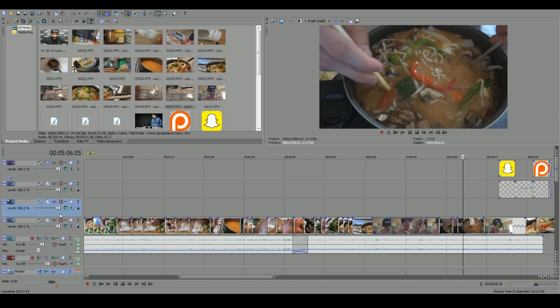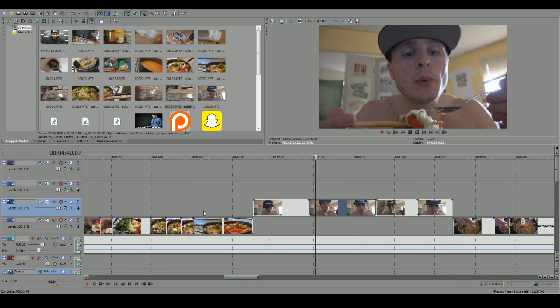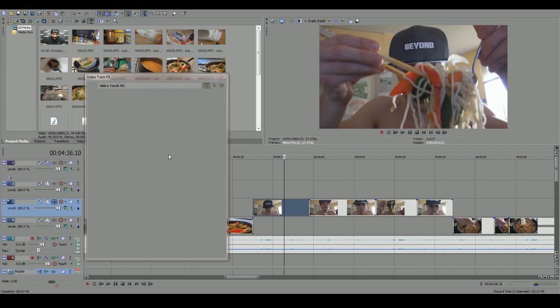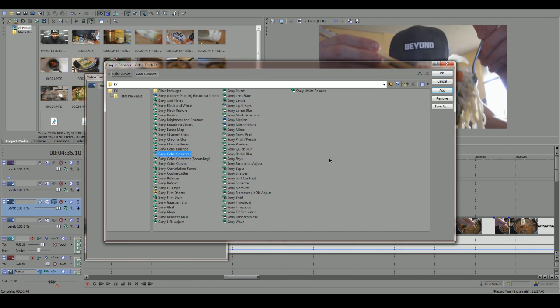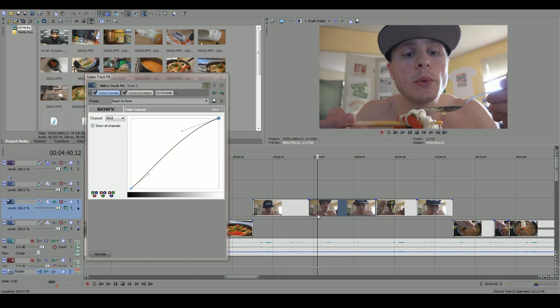Okay, so now we're doing color corrections. Yes, there's so much that goes into this. It does not stop, does it? With color corrections, I really think it's important when you're shooting humans to have a brighter color palette. So we always use color curves and color corrector. That's just the default. We usually only use color curves, but I just click them both just in case I need the color corrector as well. And then for humans, I think it looks really great.